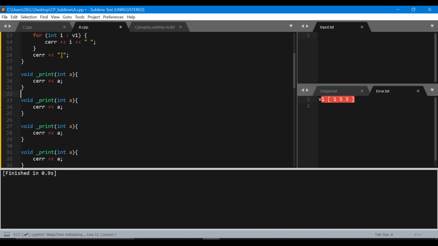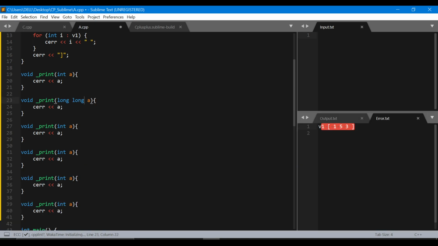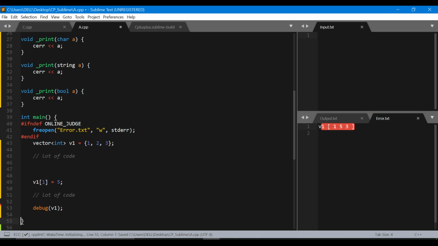And here inside, I can change the type. This way I can call my debug function with any type. And from any type here, I only mean right now an integer, a long, a character, a string, a boolean as well, and also a vector. Okay. So let's try to debug an integer as well.